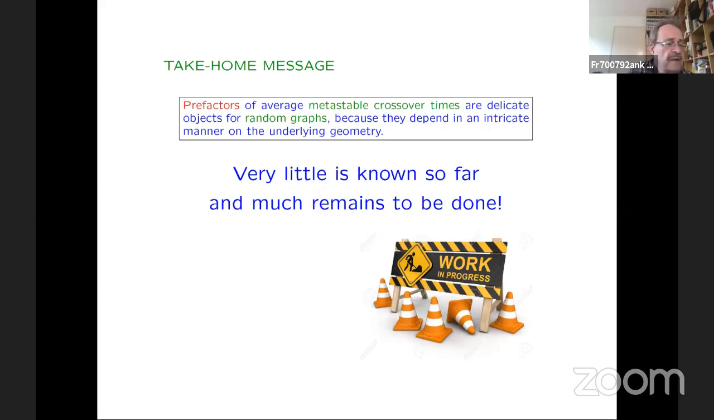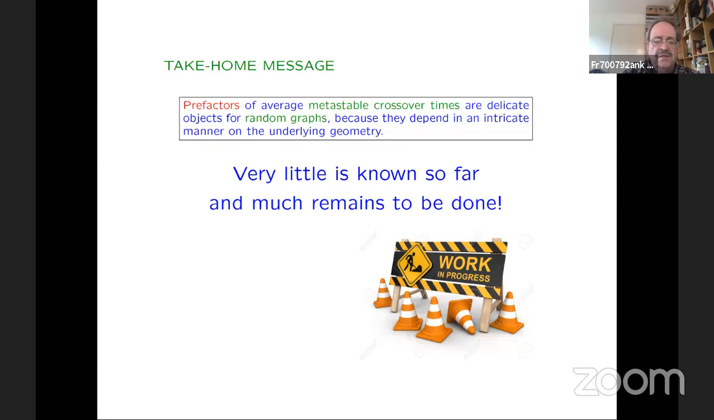So here is my final slide with the take-home message. It should be clear from what I've been explaining that prefactors of average metastable crossover times are delicate objects for random graphs. One reason is they are random themselves. And the other reason is that they depend in an intricate manner on the underlying geometry of the graph. And if the graph is very